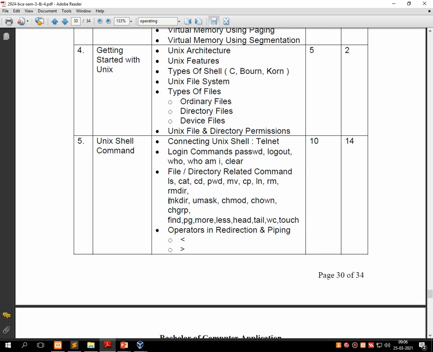So in sequence, mkdir is used to create the directory and rmdir is used to remove the directory. The cat command is a multi-purpose command: it is used to show the content of a file, and even to create a file, and that created file can be removed using the rm command.